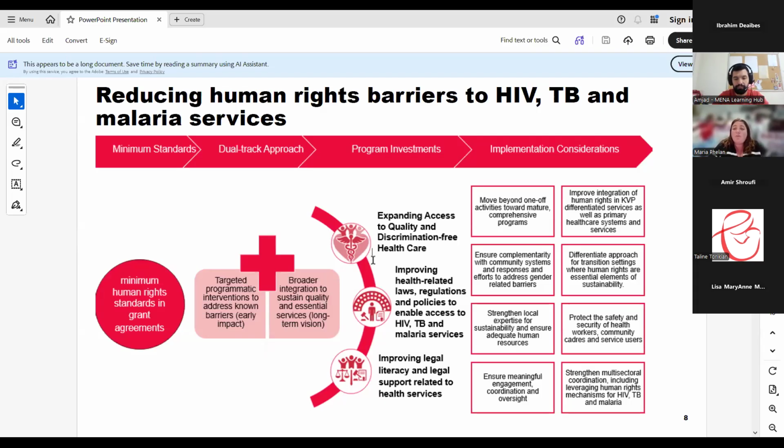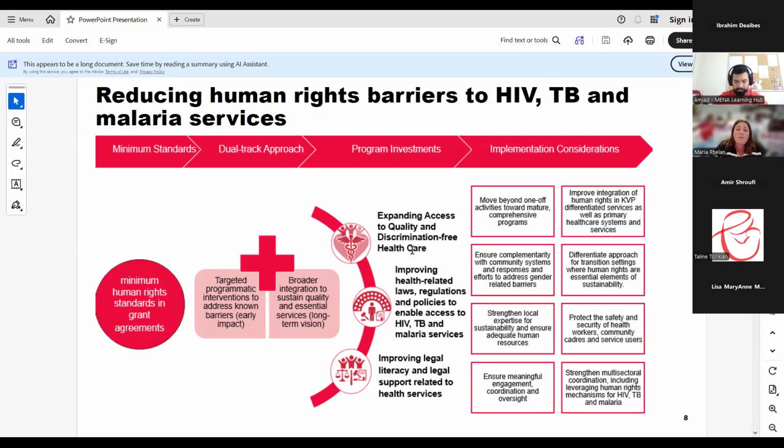The human rights and gender modules, as I mentioned, are both cross-cutting investment areas for systems for health and disease-specific investment areas. As in GC7, disease-specific interventions to reduce human rights and gender barriers should be funded within the relevant disease grants and from those respective allocations. And only cross-cutting interventions should be included in the RSSH grant and split across. The placement of the human rights module under the RSSH modular framework allows for more cross-cutting responses and strengthens consistency across different diseases. Human rights interventions have been streamlined into 3 interventions, but all GC7 interventions are captured within them.